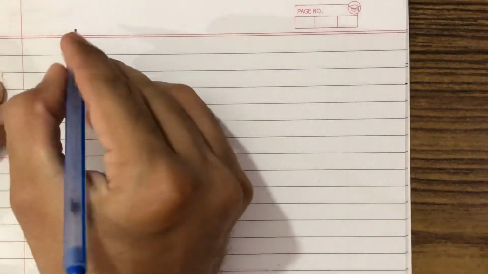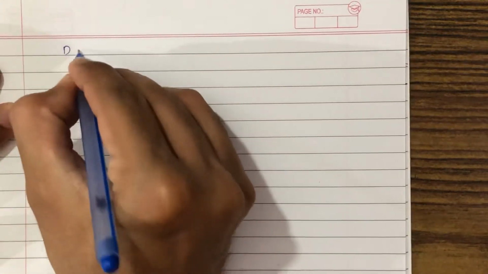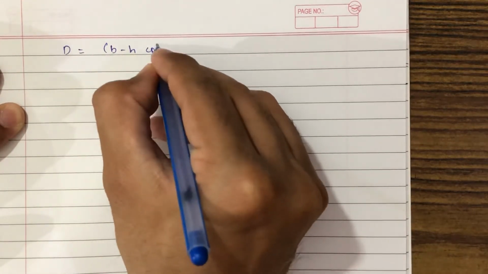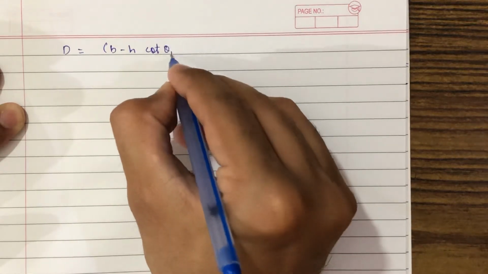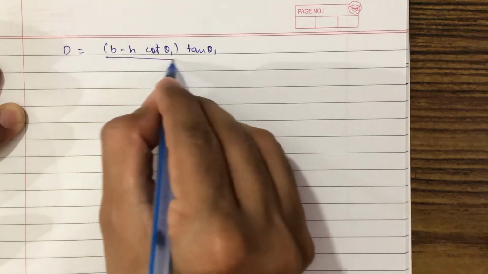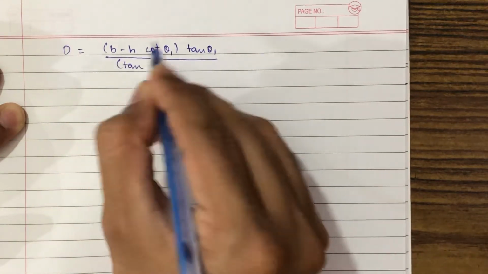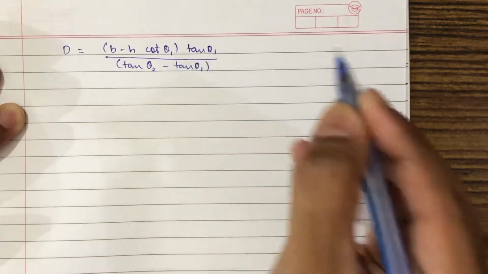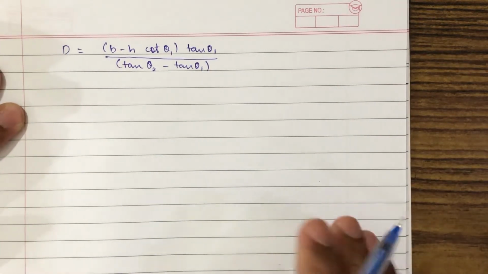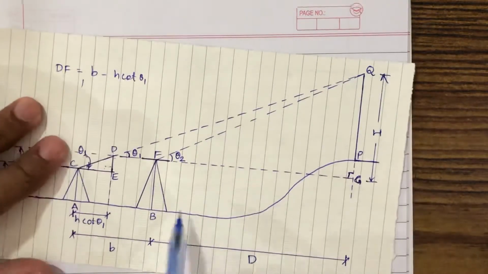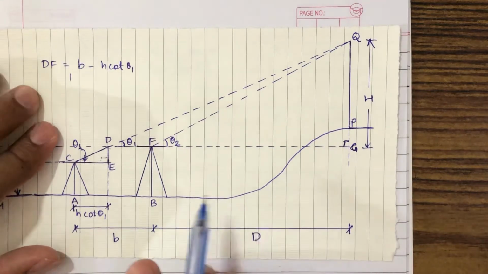So d is equal to (b minus h cot theta 1) into tan theta 1 upon (tan theta 2 minus tan theta 1). Okay, so this is the formula for calculating this horizontal distance d, because this ground level,